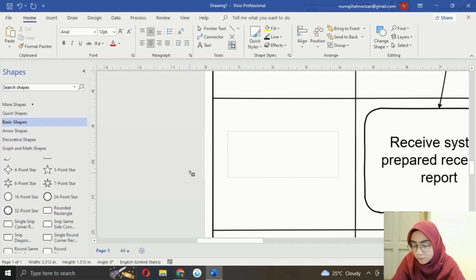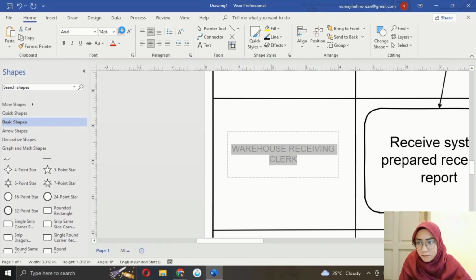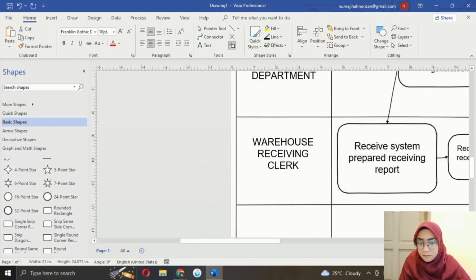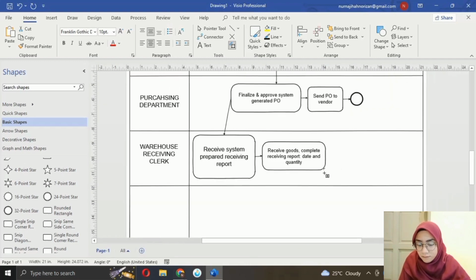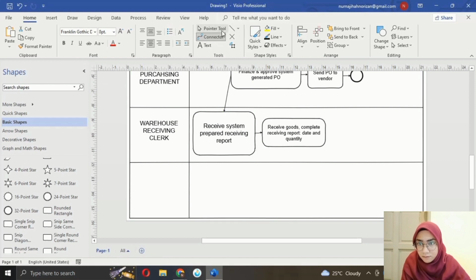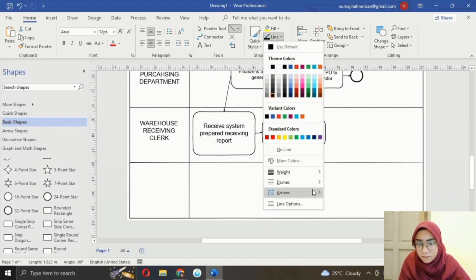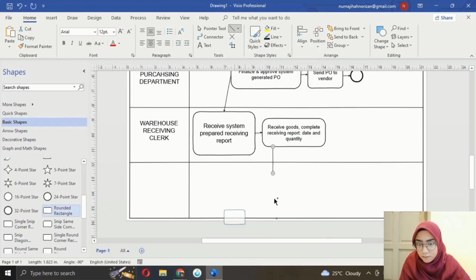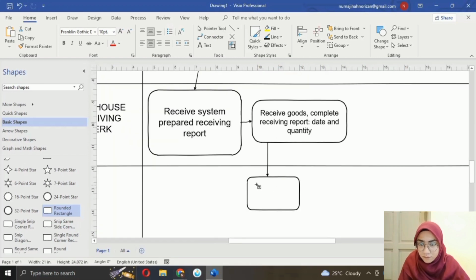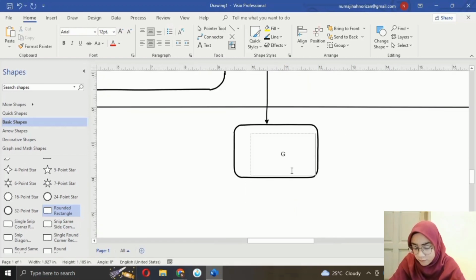So the title of the fourth row is warehouse receiving clerk. Lastly, for the last process, from the received goods and complete receiving report, date and quantity, from this rectangle, we make another process for the fifth row, which is make a rectangle, and the explanation is get receiving report